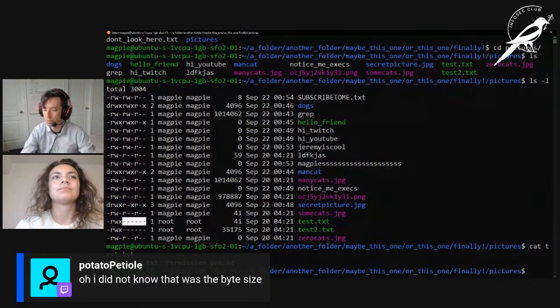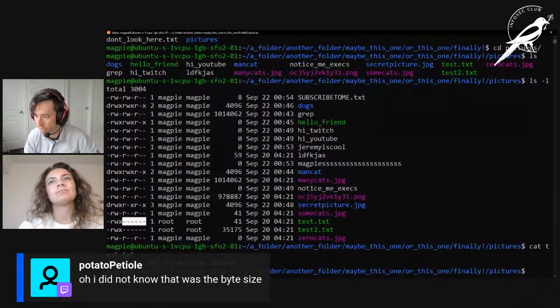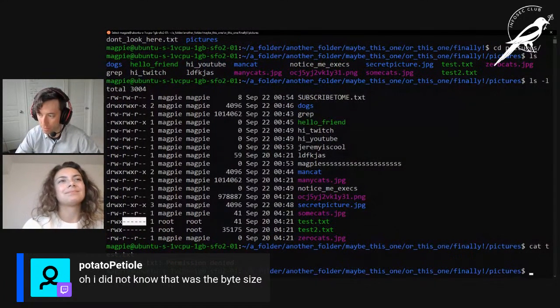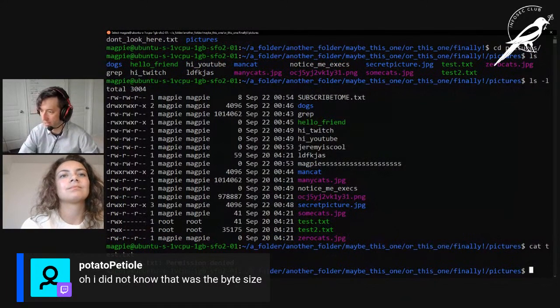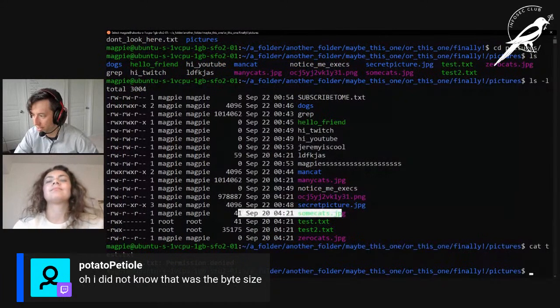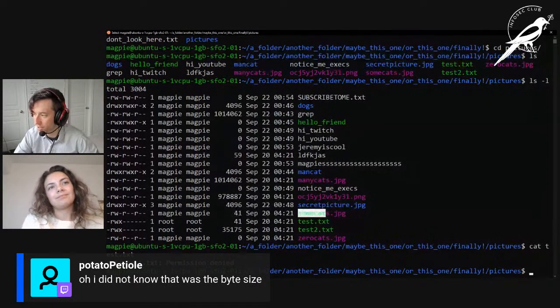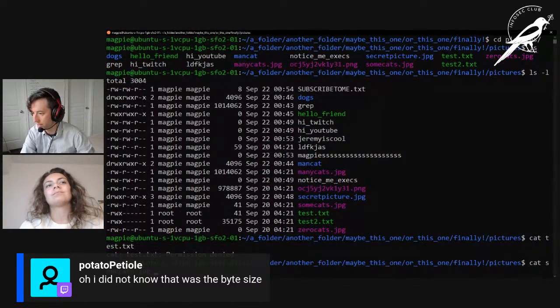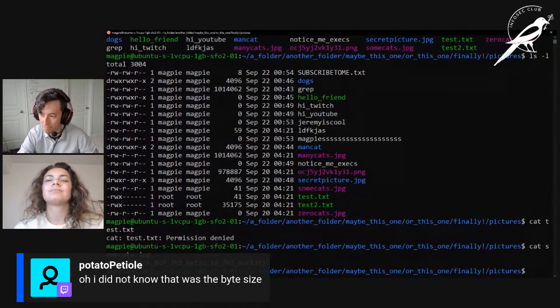I can explain that a little bit later if anyone would like me to, because 329 people have gone over it today. I'm going to expect that most people probably know what this means, but we can go over that later. So we can't look in test.text, but this file is the exact same size, so it might have some information for us. Maybe we can check to see if there's any text in sumcats. Bam! We win. Look what we found.